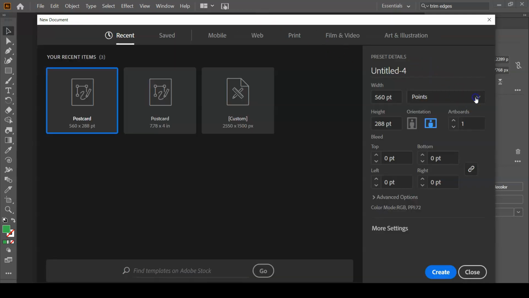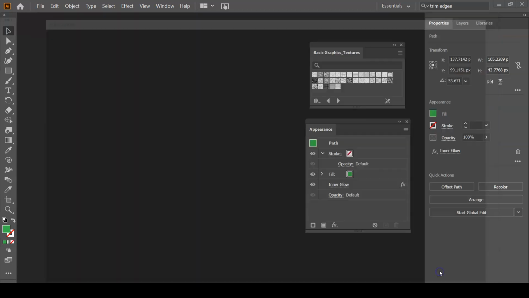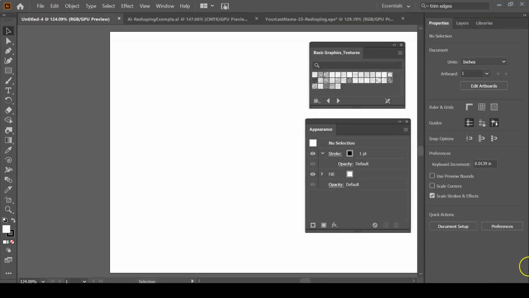I'll change my unit of measurement first to inches, and we'll make this document 7 inches wide by 5 inches high. 1 artboard, 0 bleed, create. We can save our document, File, Save As,